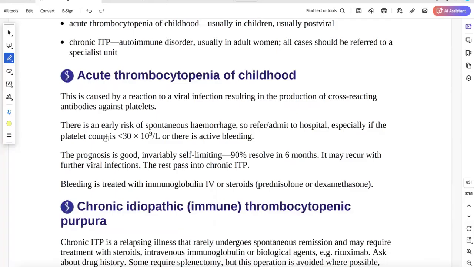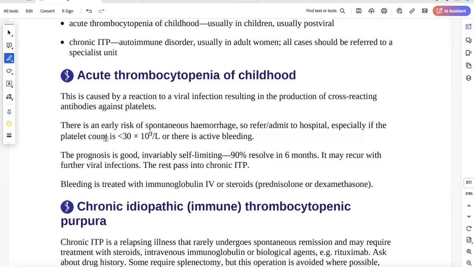most of the time, we don't need to do anything for this group of patients unless the patient has a risk of spontaneous bleeding. So the only time you need to send the child with ITP to the hospital is if the child is actively bleeding at the moment and the bleeding is not getting stopped, or if the platelet count goes less than 30. So if platelet count is less than 30 or the patient is actively bleeding, that's the only time you send the child